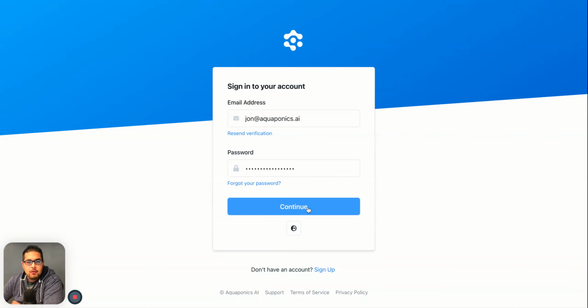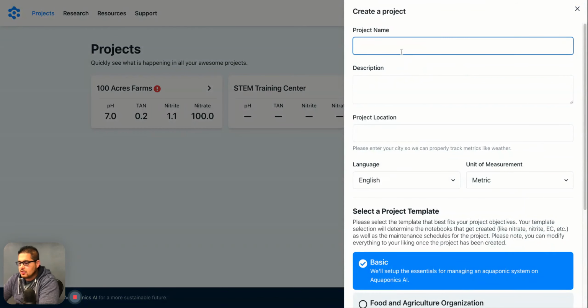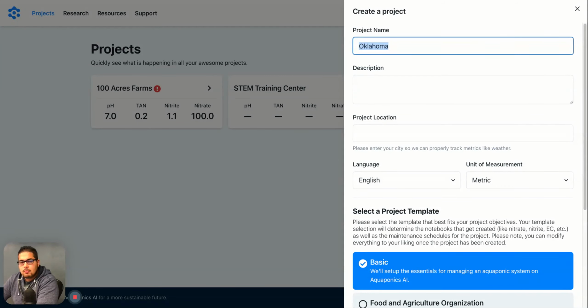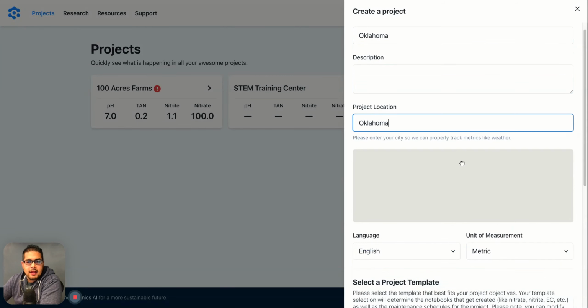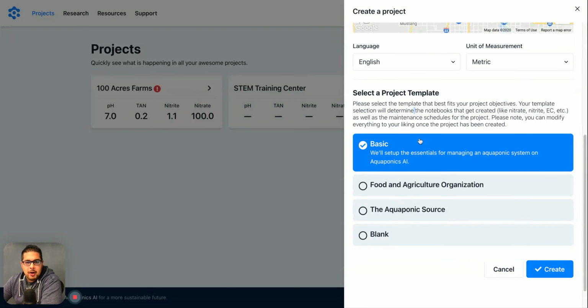So when you first log in, you'll see all your projects that you've been brought onto. If people have invited you to projects, it'll be there as well. And you can actually create your own project. And let's just say it's in Oklahoma. Why not? And then you get to choose the language, the metric or imperial system, and then you have the powerful project